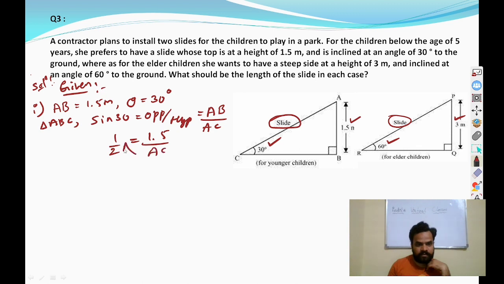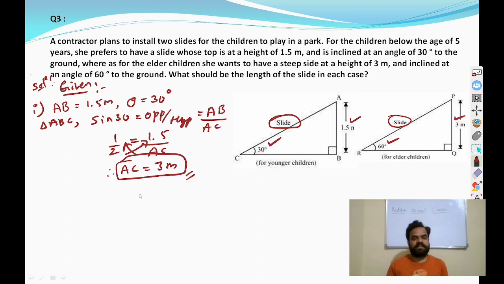Now cross multiply all of you here these two. Therefore AC is equals to 2 into 1.5 is 3 meter. This is first solution. So therefore the length of slide in case of first condition is 3 meter. That is the length of slide. So in second condition we need to find,